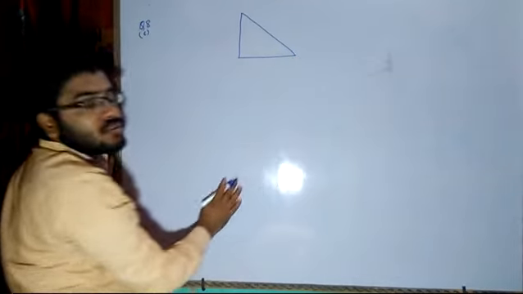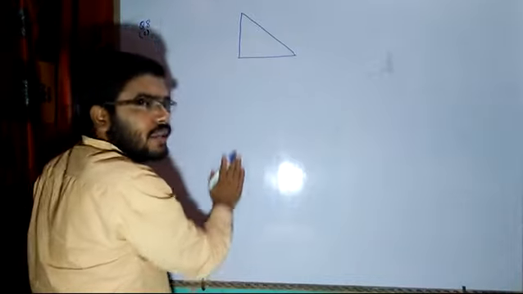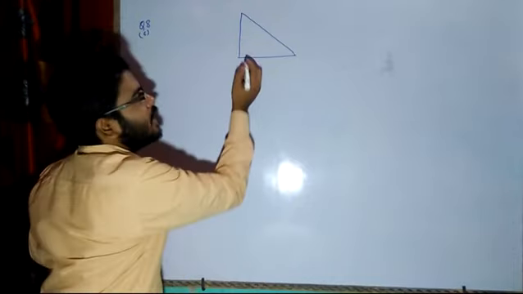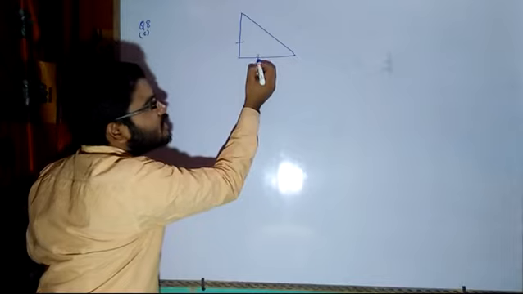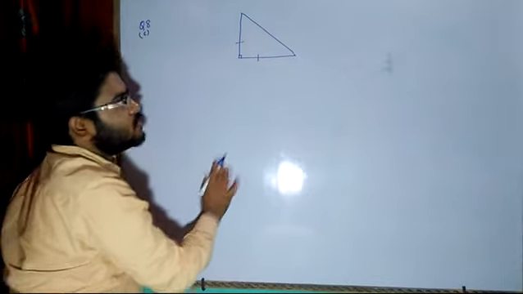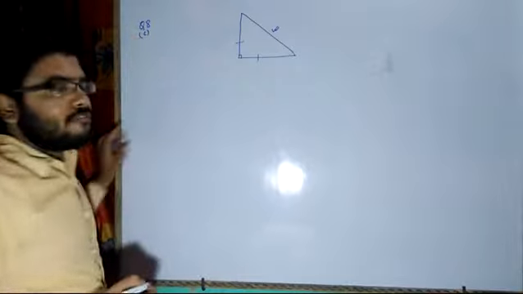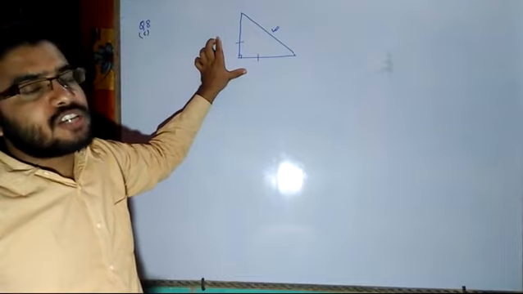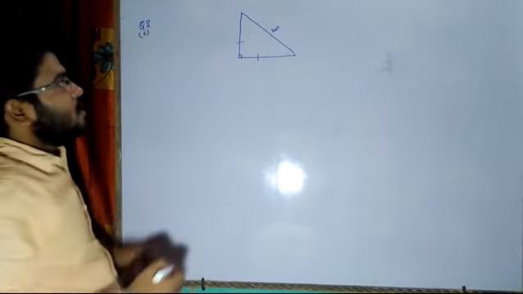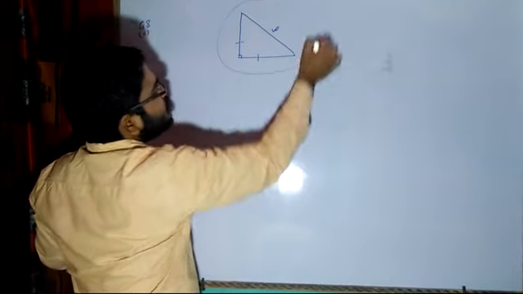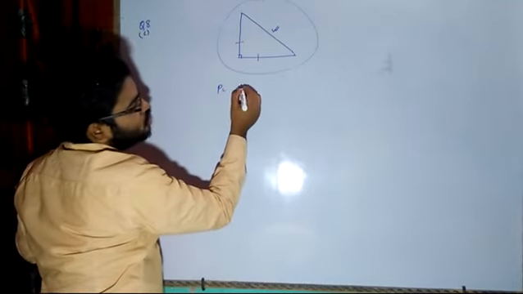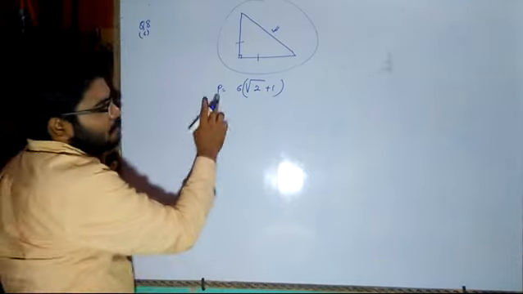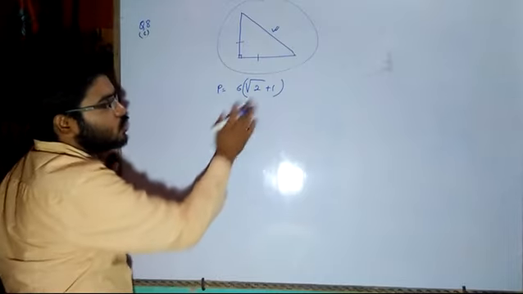Now we have an isosceles right angle triangle. Isosceles triangle, all of you know, means two sides will be equal. Now it is an isosceles right angle triangle, so obviously this side and this side will be equal, because we know that the hypotenuse in a right angle triangle is the longest side. So the remaining two sides will always be equal in an isosceles right angle triangle. Now they have given the perimeter of this triangle. Perimeter is equal to 6 into root 2 plus 1. Correct. Perimeter is given as 6 bracket 2 root 2 plus 1.